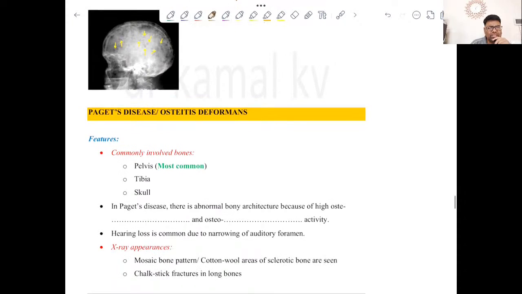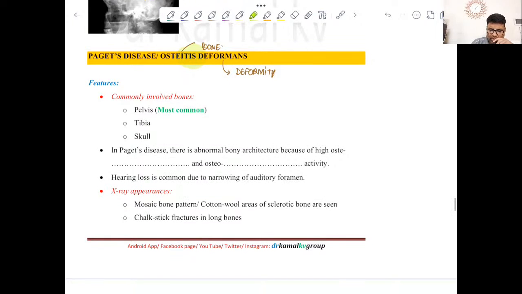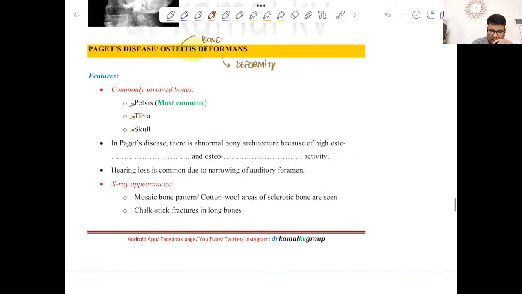Then coming to some less important entities, one is Paget's disease, which is also known as osteitis deformans. Now deformans is taken from the word deformity, and osteitis is again bone, itis is inflammation. So there is deformity of bone as such. Now it can affect pelvis, tibia, or even skull here, and